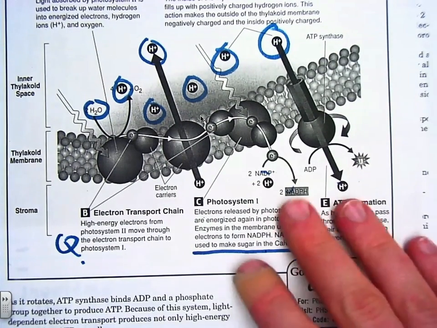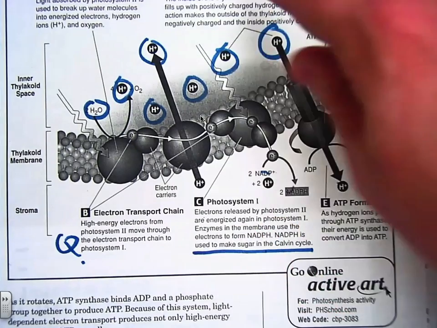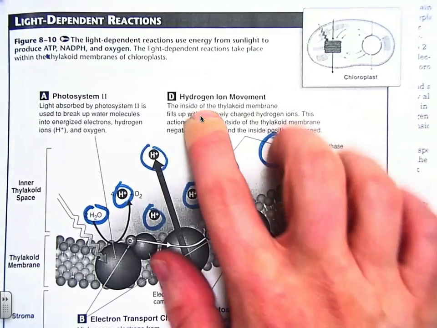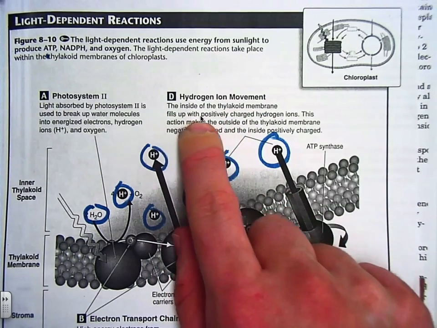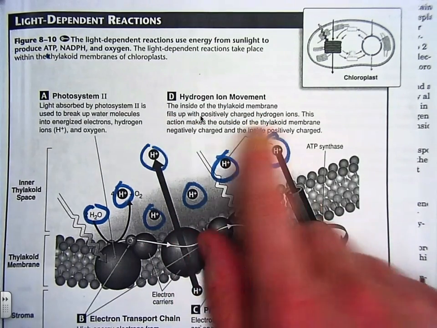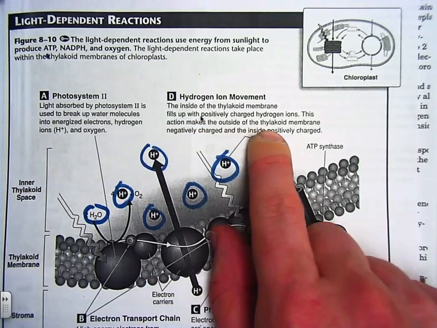Let's continue on. Now we're going to read about section D right here. Hydrogen ion movement. The inside of the thylakoid membrane fills up with positively charged ions. This action makes the outside of the thylakoid membrane